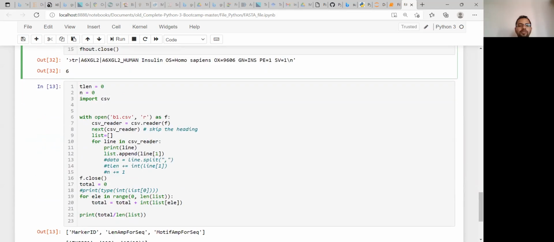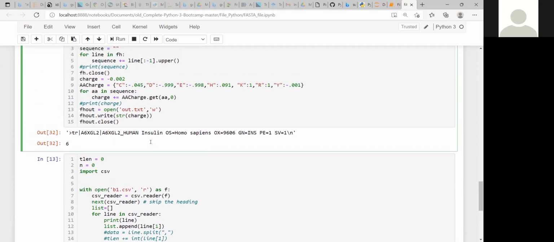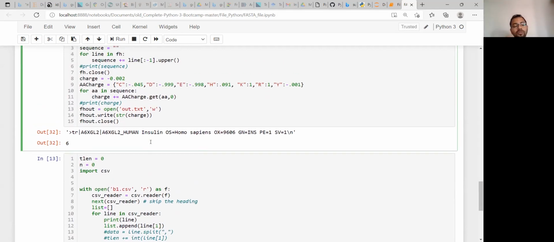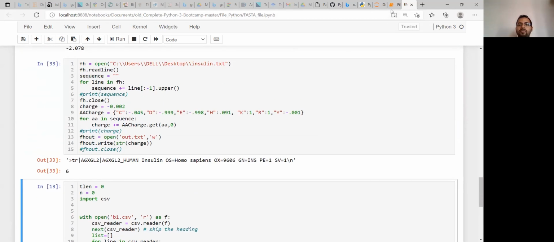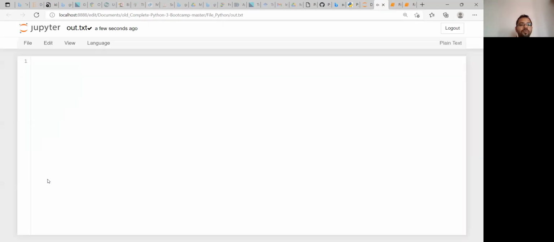So this much. Sir, what happens if I do not close any file handler? Yeah, I showed these things earlier also. Suppose you forgot to close this file handle. Now if you run this, and go back to the file out.txt and open this, you can see the result. Can you see the difference?